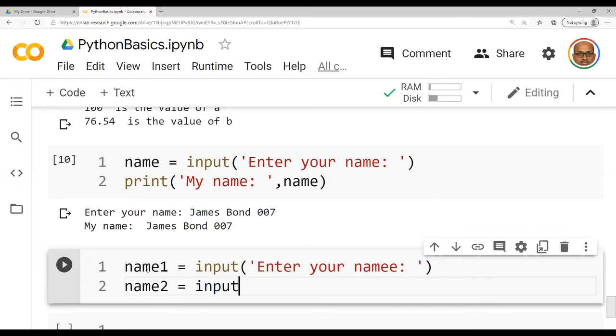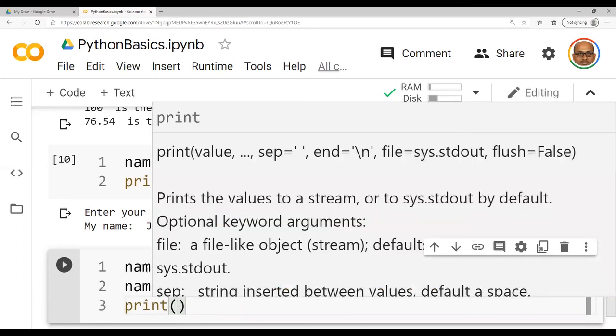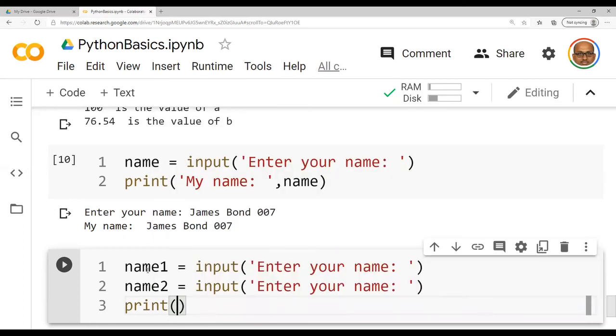Input, enter your name. So now let us check this one. If I use print, name 1 plus name 2, I am trying to check whether